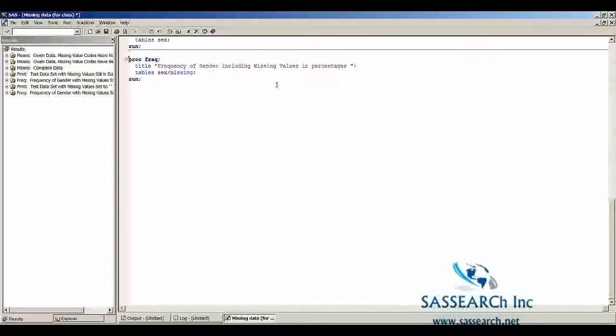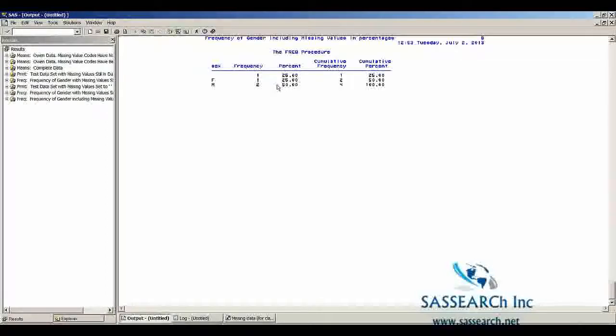Let's say that we wanted to have in our frequency distribution the missing values included in the calculation of the percentages. We can do this by adding the option missing to our proc freq. So here we're doing a frequency distribution of gender where we want missing included in the calculation of percentages. So let's take a look at what this looks like. Notice here we have one observation where gender was not entered, and that was 25% of our data set. We have female 1